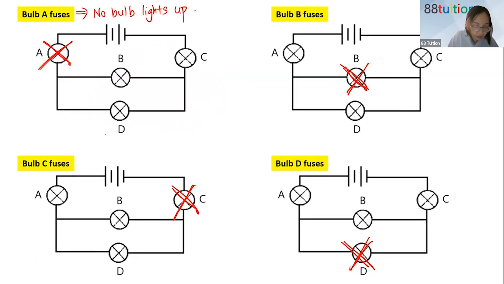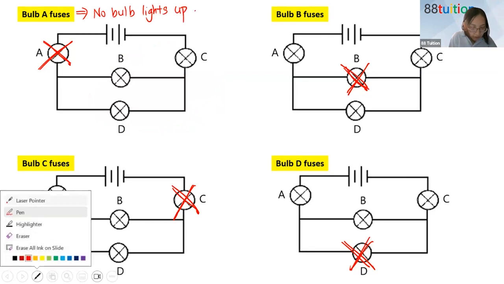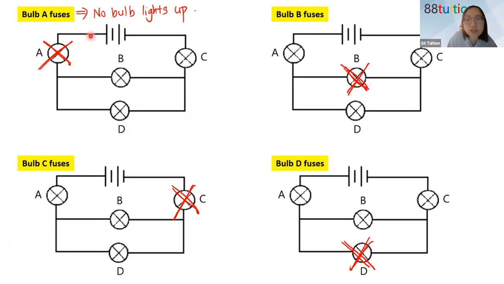All right, simply because if you don't believe, you try. I'll use my laser pointer. Let's say you always remember the current can come out from the longer line, but it must go back to the shorter line. Or current can go out from the shorter line, but it must go back to the longer line. Now, the longer line is actually known as what? Is it the positive or negative terminal?